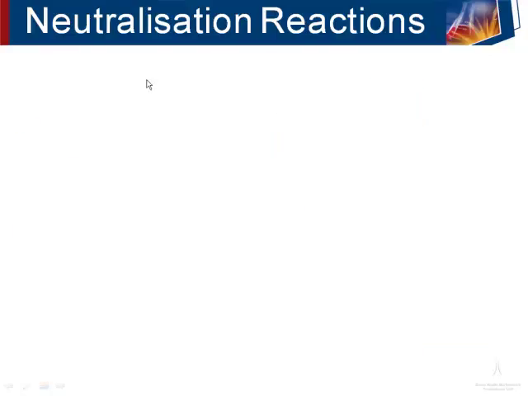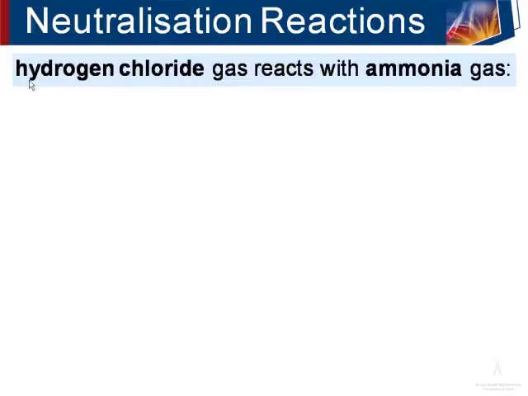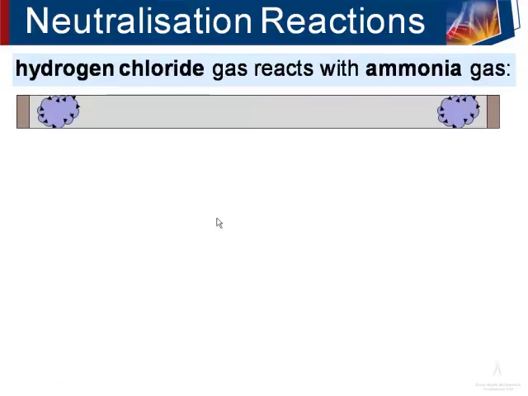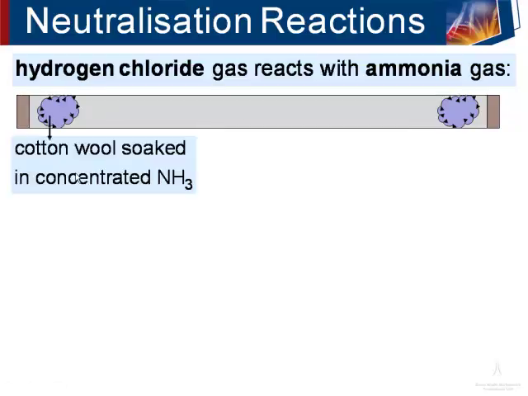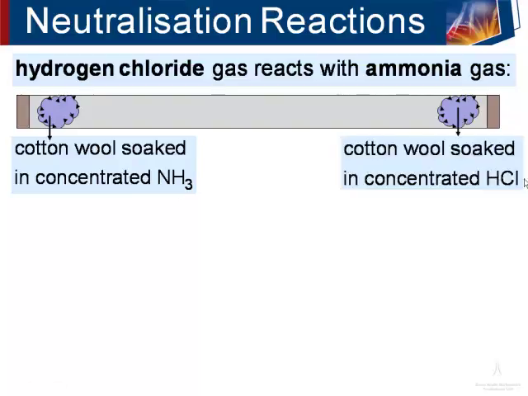An example of a neutralization reaction is the reaction between hydrogen chloride gas and ammonia gas. If you take a glass tube and take a piece of cotton wool and soak it in ammonia, and take another piece of cotton wool and soak it in hydrochloric acid, and then put these two at the edges of the glass tube as shown, and then close the glass tube on both sides, what you will observe is the diffusion of both the ammonia and the hydrogen chloride gas, but the ammonia diffuses faster than the hydrogen chloride,